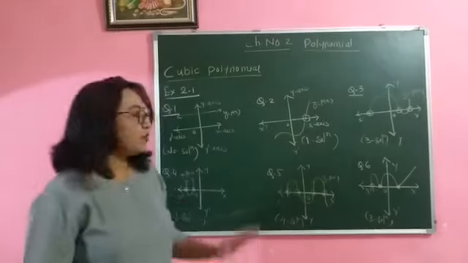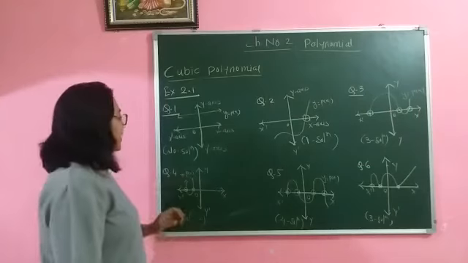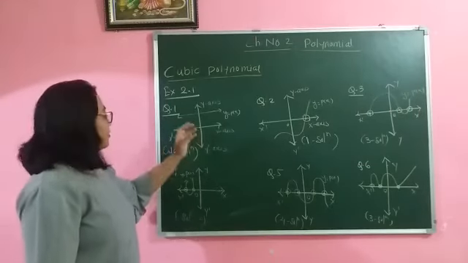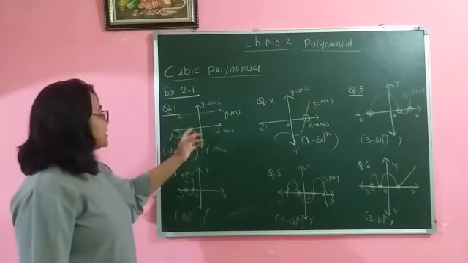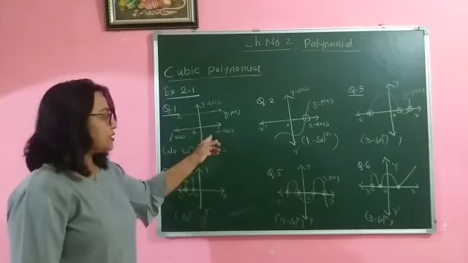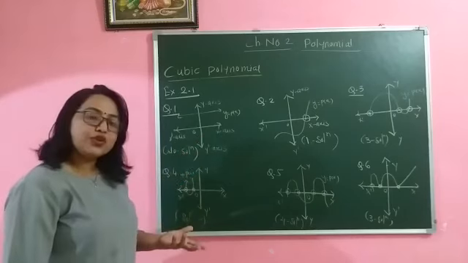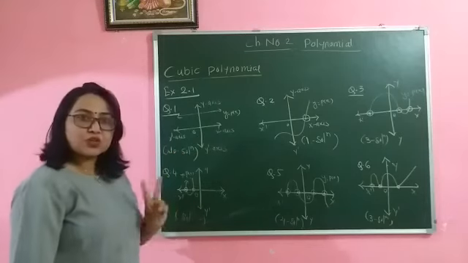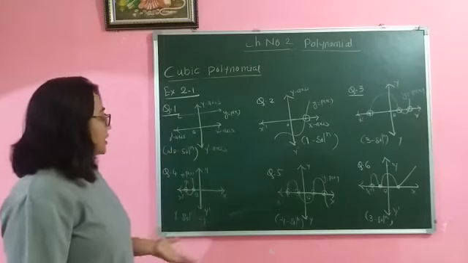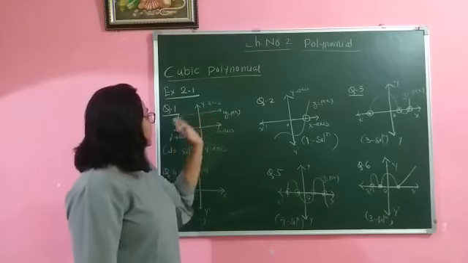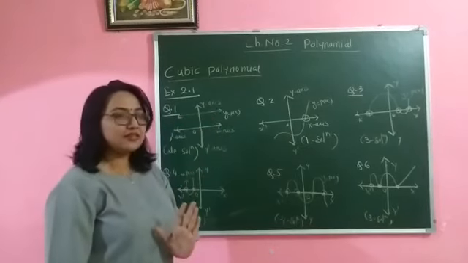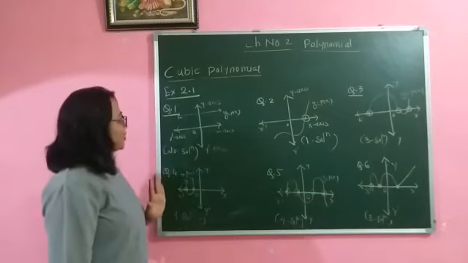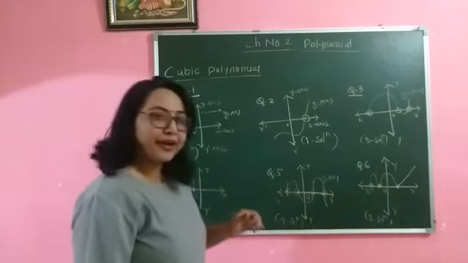So how do we decide from the graph how many solutions we will get? Just have a look at the graph and see at how many points the polynomial intersects the x-axis. If there are no points, no solution. If there is 1 point, there will be 1 solution. If there are 2 points, 2 solutions, 3 points, 3 solutions. The number of times this polynomial cuts the x-axis is the number of solutions of the given polynomial. So all of you just draw this and write it down in your notebook.